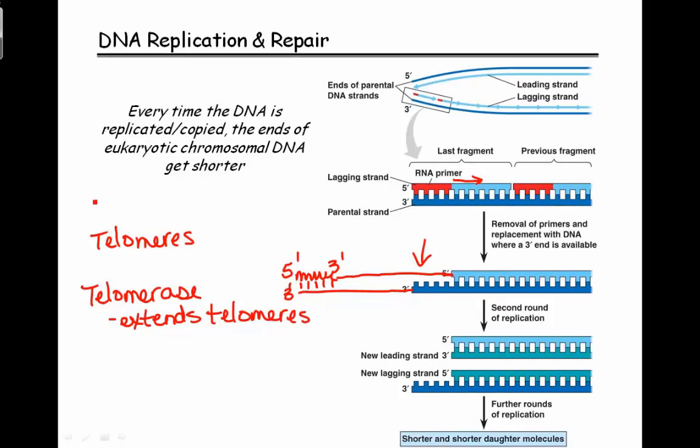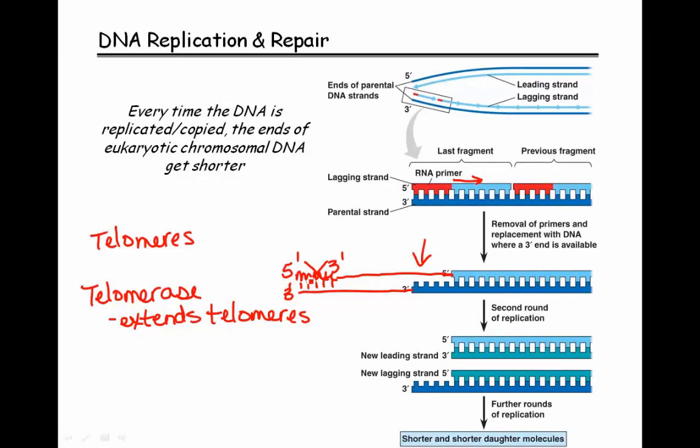Eventually, this primer will get removed, so we won't have that on there anymore. And we will still have a little bit of a gap at the end, which we have not filled in with DNA. But the part that we are now missing is just extra sequence that we added on to the end. So every few rounds of DNA replication, telomerase enzyme is going to come in, it's going to extend the ends of the chromosome, and it's really just extending them with some random DNA sequence, because the purpose of that